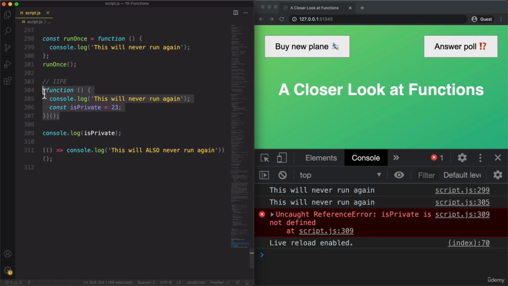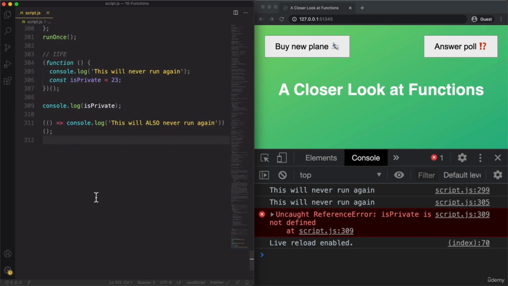So basically this pattern here. So this is not really a feature of the JavaScript language. It's more of a pattern that some developers came up with and that then started to being used by many other developers. Now, do you remember what also creates a scope in ES6? And that's right, variables declared with let or const create their own scope inside a block. And we learned that in the behind the scenes section. Remember? So when we create a block like this and declare is private in there,